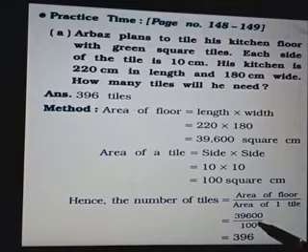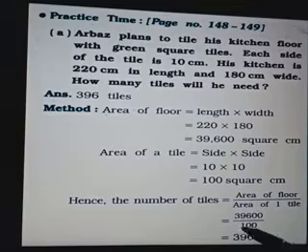Now what will happen? This common 0 we will cut, right? Hundreds 2 0 and this 2 0 we will cut because this 2 0 are common. Now what is remaining from your numerator? Only 396. It means you can say that 396 tile will be needed to fix it in the kitchen, right?